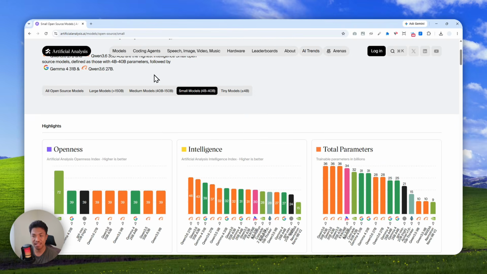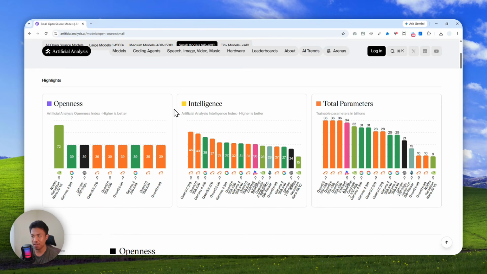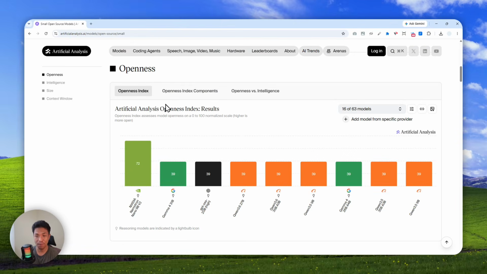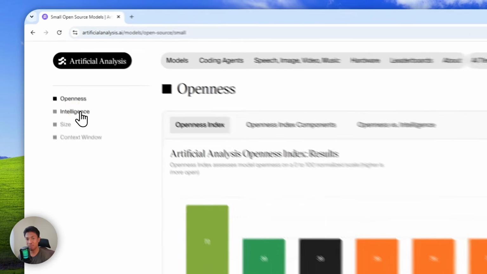Now, just to be clear, they're not going to be as good or as smart as the bigger models from companies like Google, OpenAI, and Anthropic. They have models with hundreds of billions, if not trillions of parameters, and there is no way that a small open source model with 10 or 20 billion parameters is going to beat or outperform models with such scale. So that's not a good way to look at it, but at least we can use some smaller models to